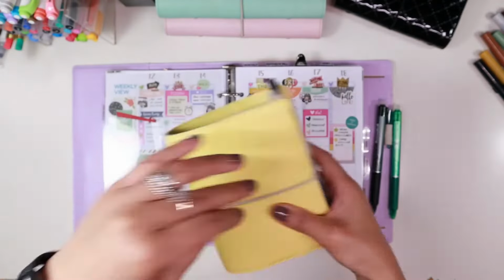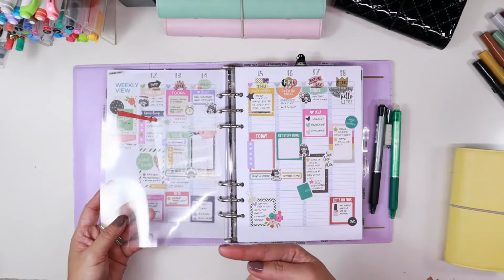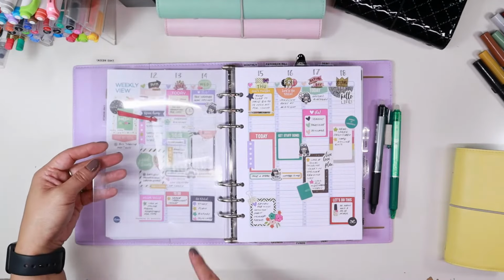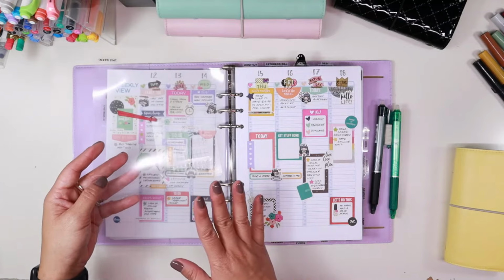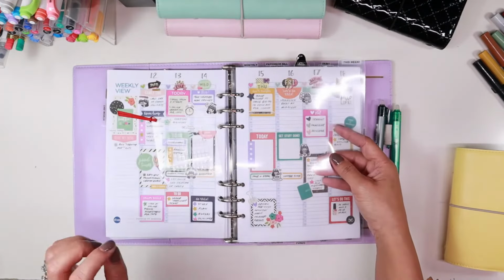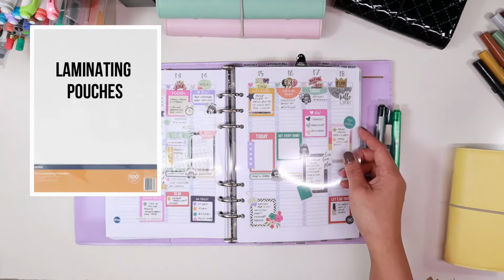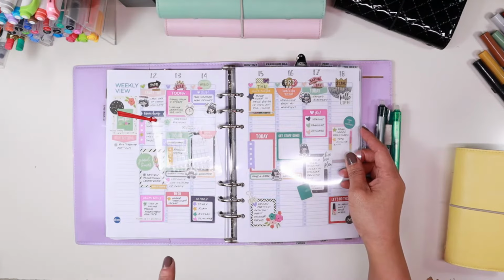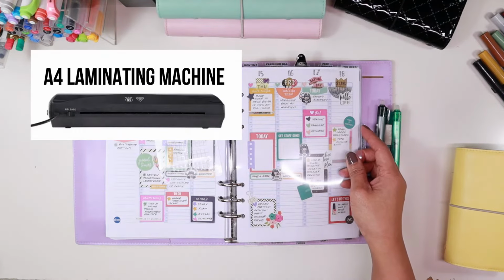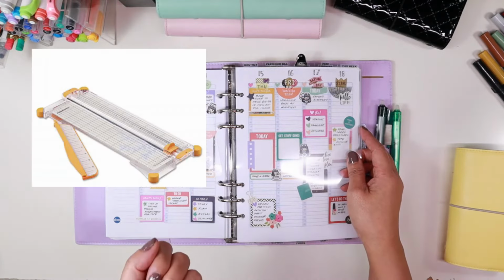So what I'm going to do for the purpose of this video is, because I do have overhead lights above, I'm going to show you the demonstration using colored paper. But what happens is you get laminating pouches. These are the ones that I get from our local Kmart. Also, you need a laminating machine, and you also need, it's handy but not necessary, a paper trimmer, because then